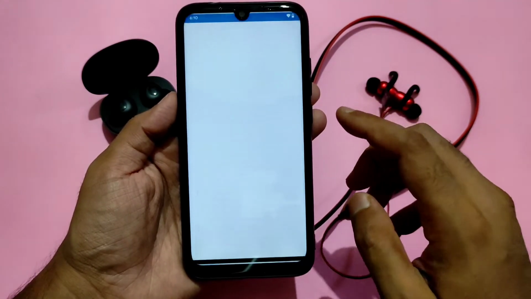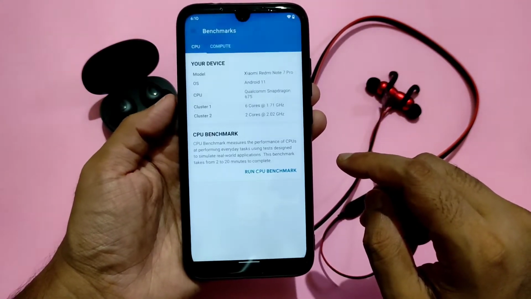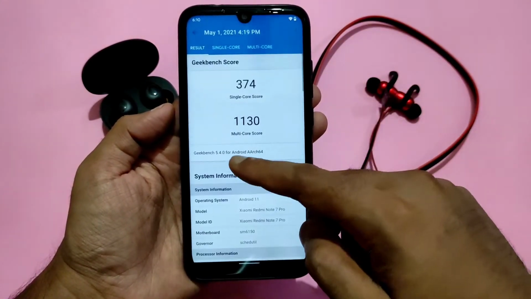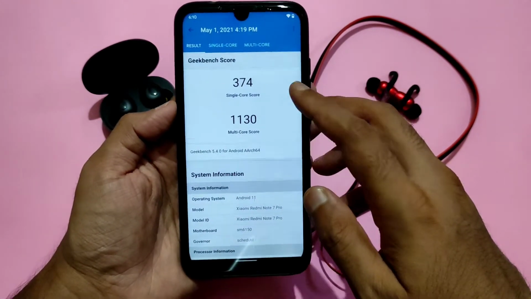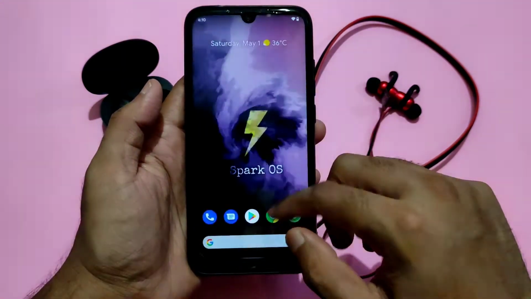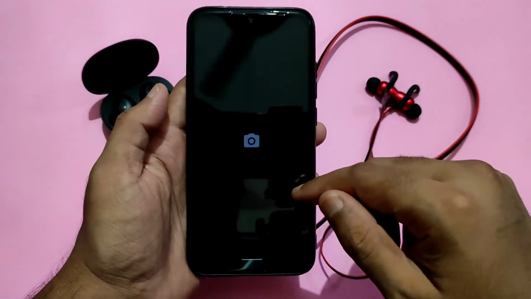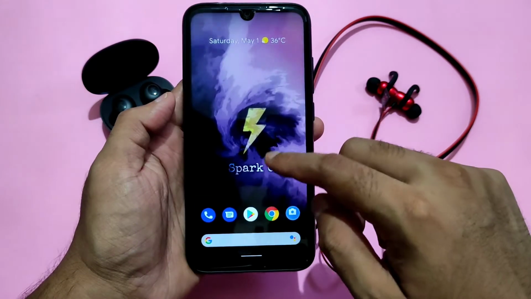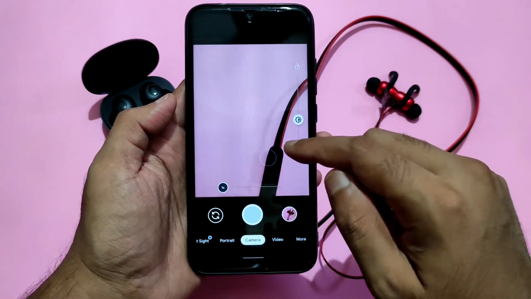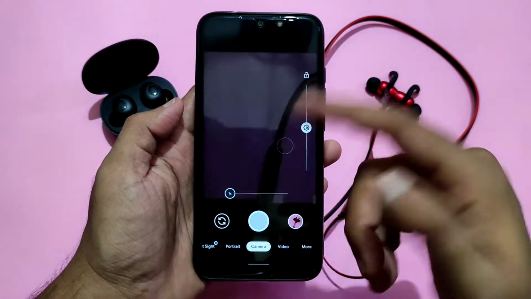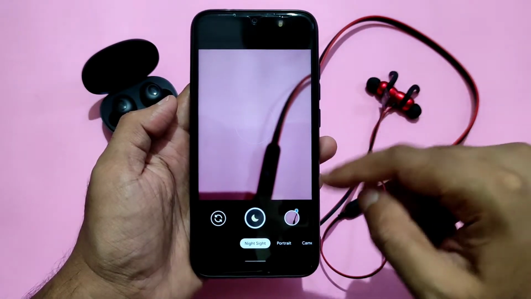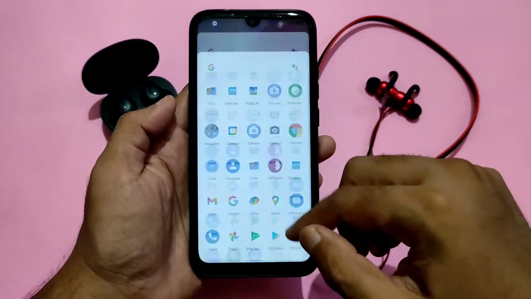As you can see, I'm getting up to 93 Mbps on a 100 Mbps plan. And coming to Geekbench scores, here I was surprised by seeing the score. Not surprised, it's strange, it's very low. As you can see, 374 single score and 1130 multi score. It's very low for this Redmi Note 7 Pro. And coming to camera, there is a Snapdragon camera pre-installed in this ROM, but anyhow I have installed this 7.4 Arno build Gcam. I tried the 8.1 Arno build Gcam, but it is not working, and hence I installed this 7.4 Arno build Gcam.